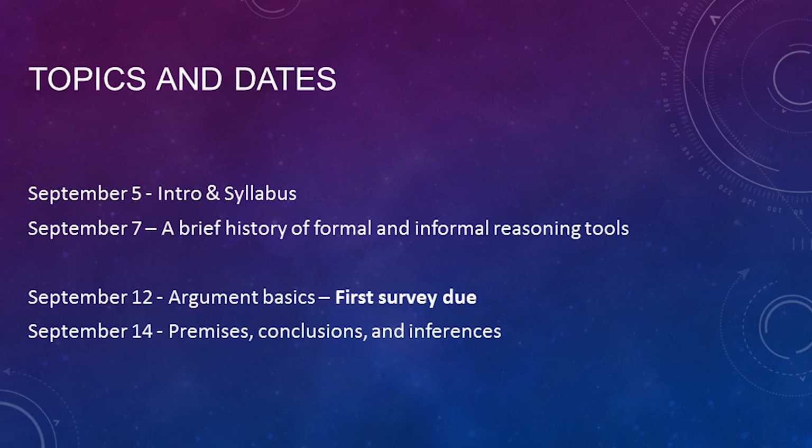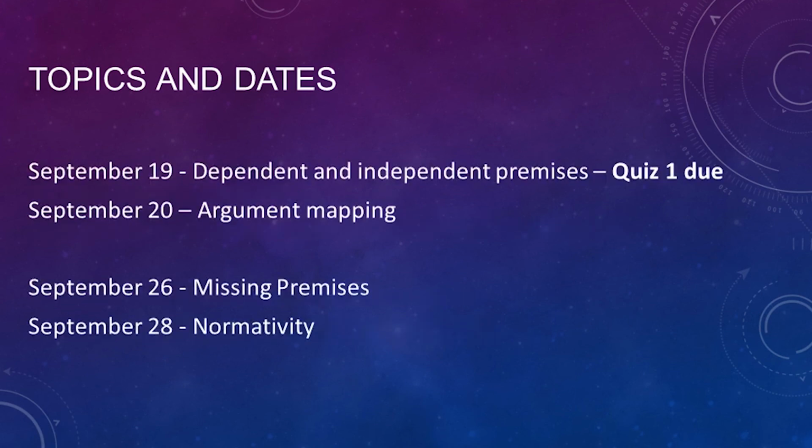That's the easy bit. Then, the next week, we'll get into dependent and independent premises, that is trying to figure out when two premises lend support to a conclusion each individually or only together. We'll get into that. And this is all in service of learning argument mapping, that is drawing those argument diagrams that I showed you just a few minutes ago. So at the end of that week, you'll have the ability to map very simple arguments. We'll be dealing with very simple arguments at that point, just to get the fundamentals really, really clear